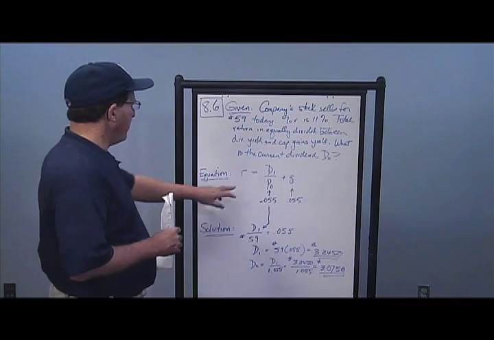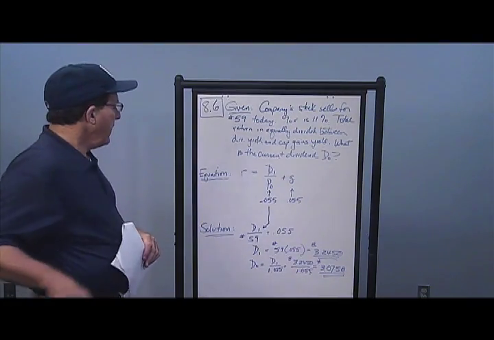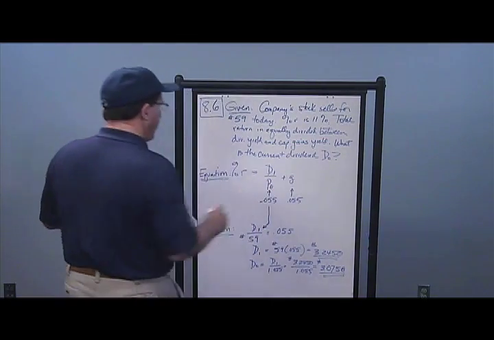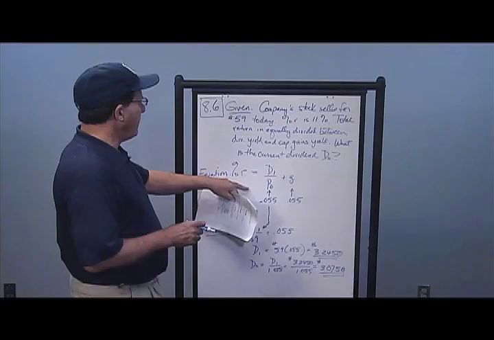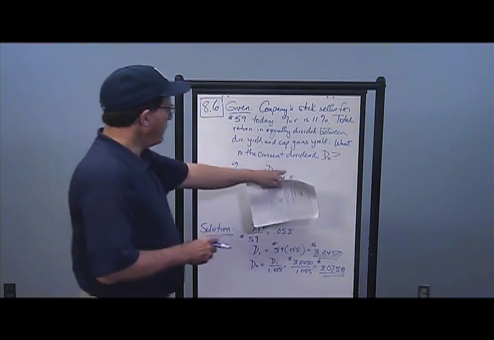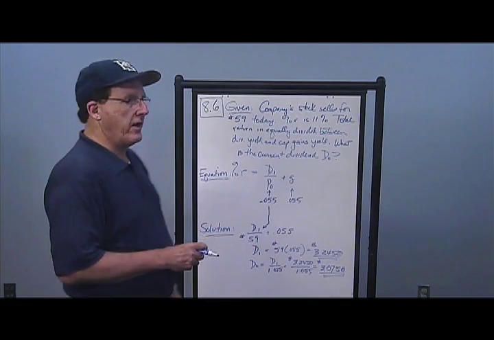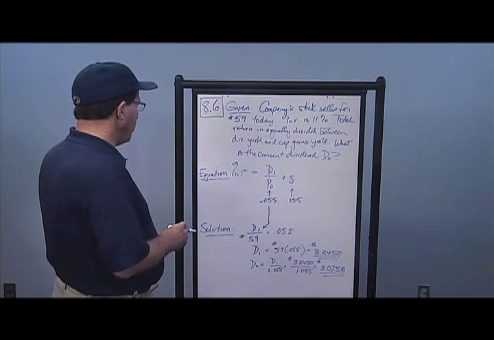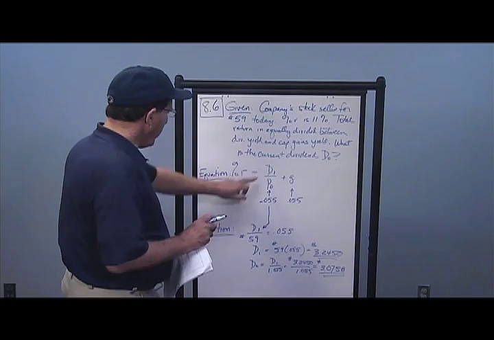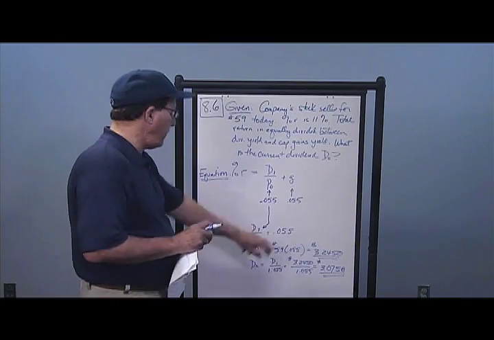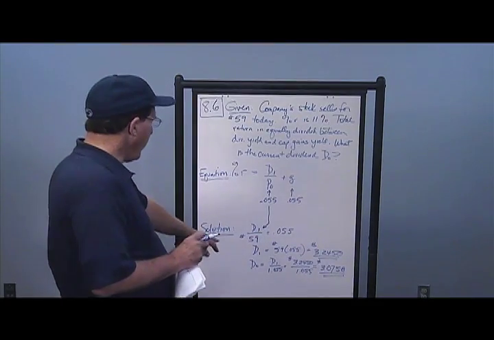So we know that R is equal to D1 over P0 plus G, equally split between dividend yield and capital gains yield. So D1 over P0 is 0.055, or 11% divided by 2, and G is 0.055, or 11% divided by 2. So that part becomes very simple, and those are my givens. So therefore, if D1 over $59 is 0.055, I can then isolate and calculate